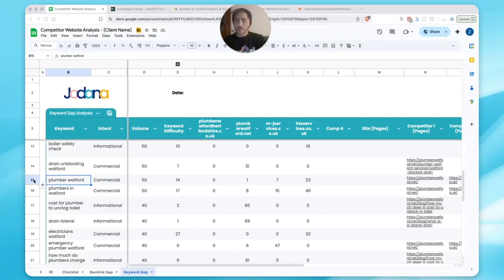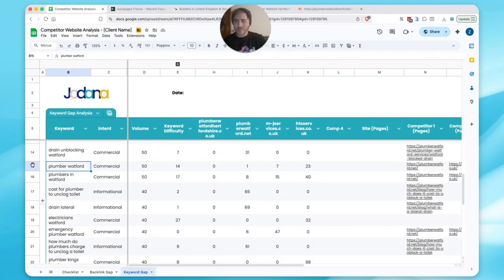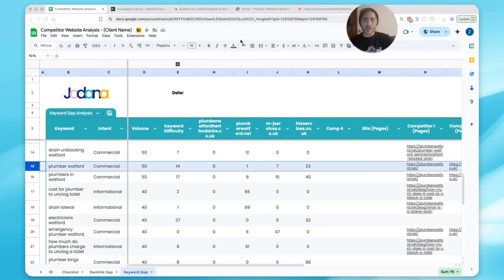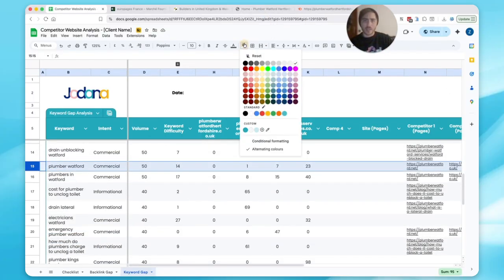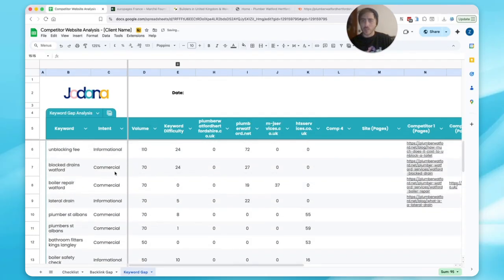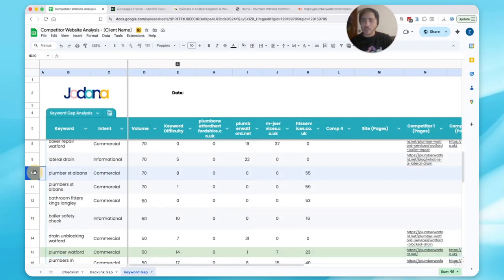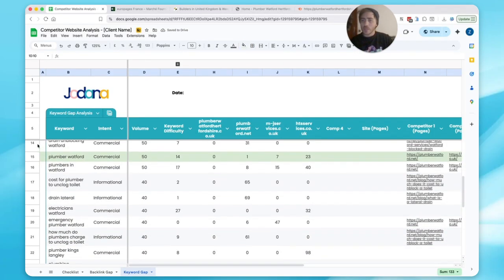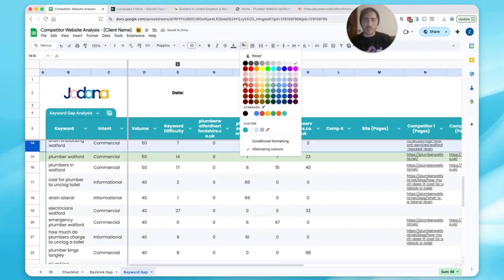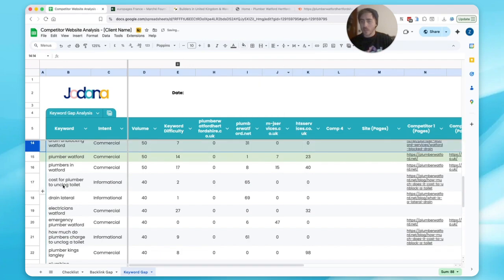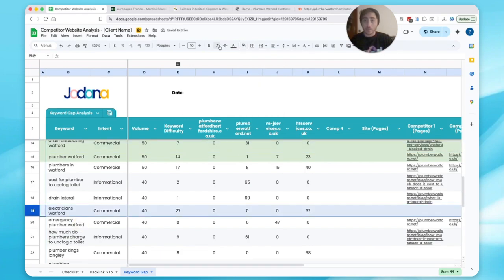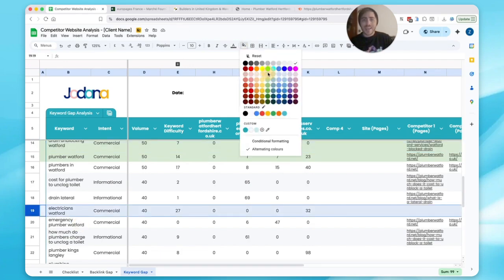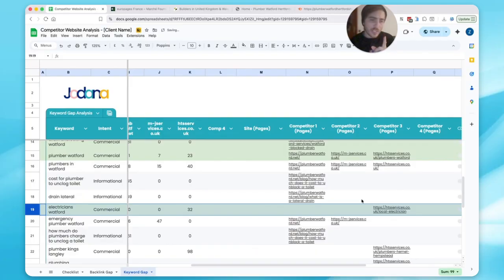All I do, typically, this is just me, you can have your own method, whatever you want to do, I just highlight the row in this casual green here, and I go from there. So somebody says a plumber in St. Albans. I'm in Watford. I'm nearby. I can do St. Albans. Or drain unblocking. Fantastic. They're mentioning one of my services. I'll click on that. Or electricians. Maybe I'm an electrician too. I don't know. Okay, and the benefit of this is it will also show me